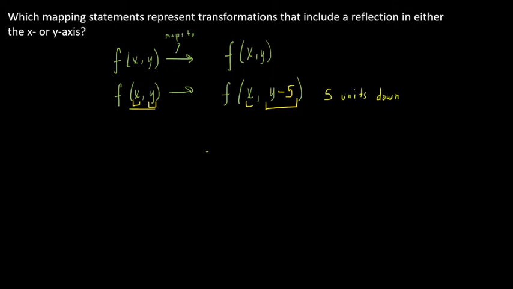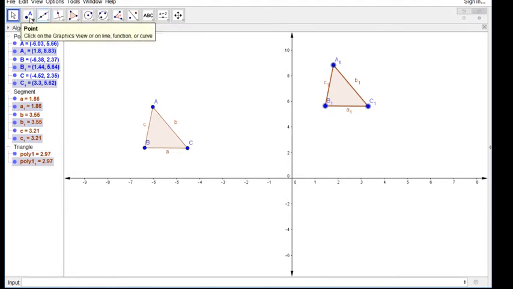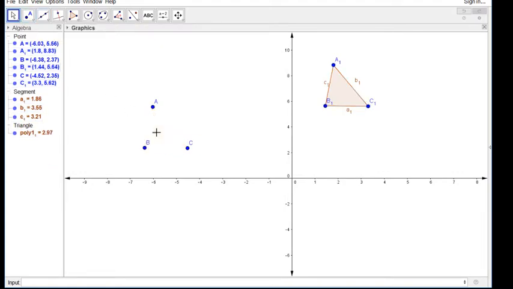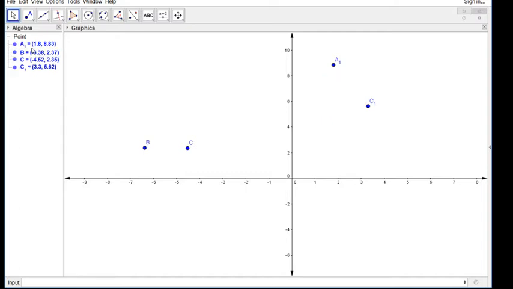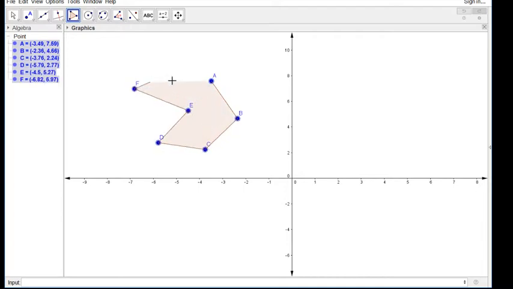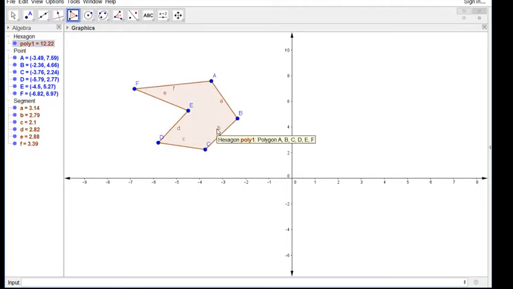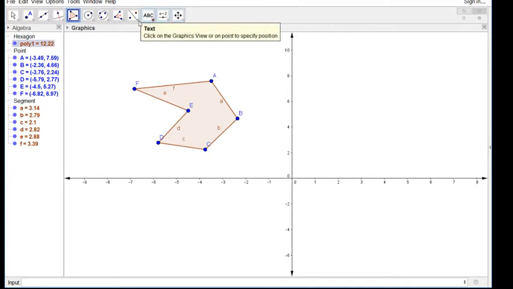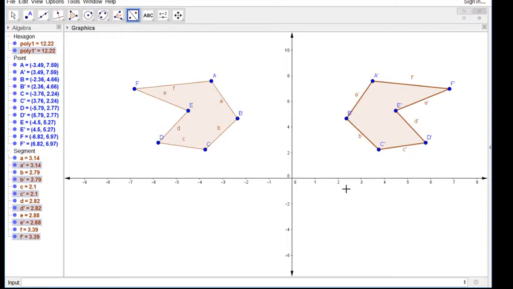Okay, but for this question, we are talking about reflection. So I know you guys know what reflection is, but let's go ahead and take a look at it all the same. Let me get rid of my old example, and we'll take a look at reflection. So once again, I'm just going to draw a random shape here. All right, let's say that's my shape. If I wanted to reflect it across, let's say the y-axis, for example, if I take this figure and I reflect it across the y-axis, okay,